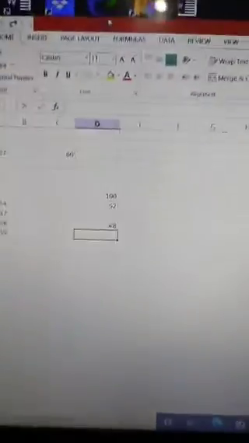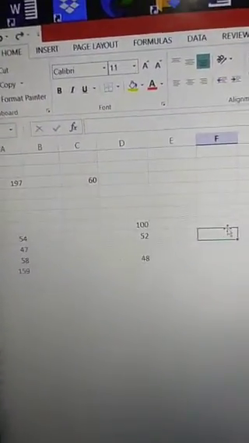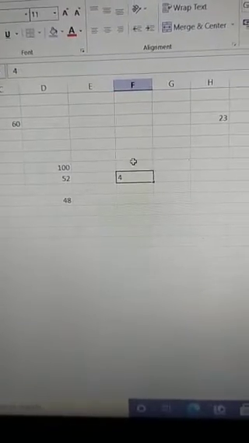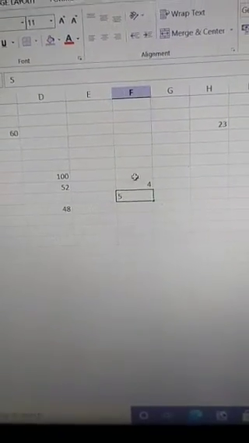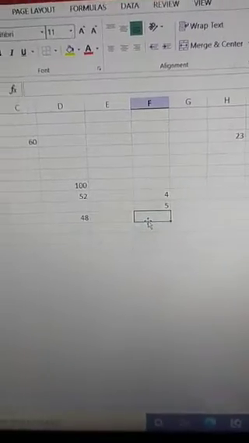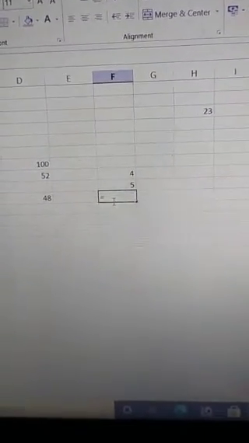We can also do multiplication. Say I have typed 4 in F31 and 5 in F32, and I want the result in A33.